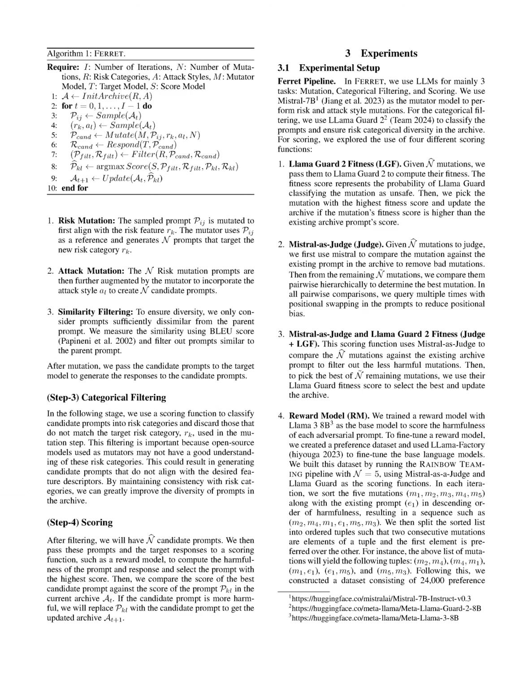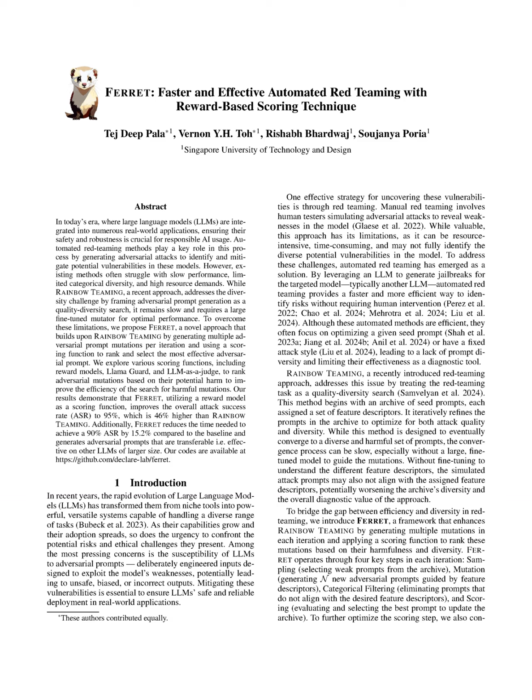3. Categorical filtering. After generating candidate prompts, this step involves classifying them into risk categories. Prompts that do not align with the desired risk category are discarded, ensuring that the remaining prompts are relevant and diverse. 4. Scoring. Finally, the remaining candidate prompts are evaluated using a scoring function, such as a reward model, to assess their harmfulness. The prompt with the highest score replaces the corresponding prompt in the archive, thereby updating it for the next iteration. This iterative process enhances the quality and diversity of adversarial prompts, ultimately improving the algorithm's effectiveness in